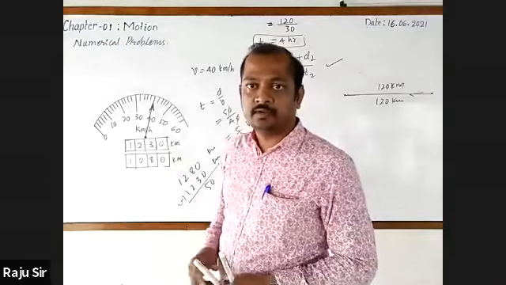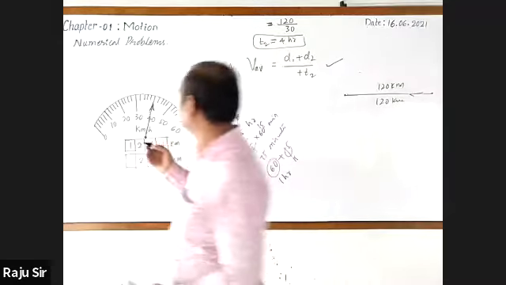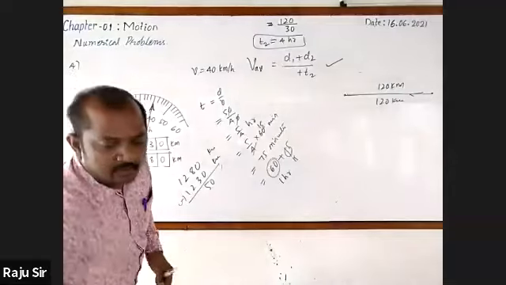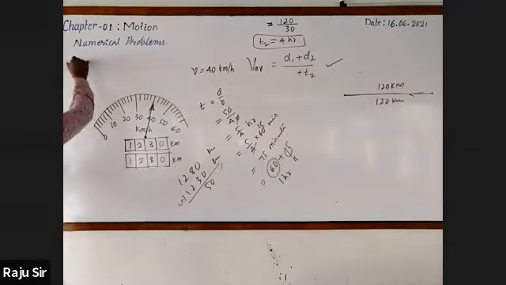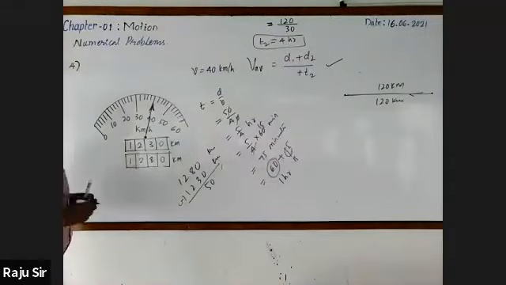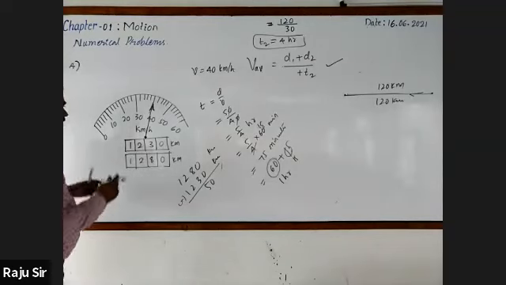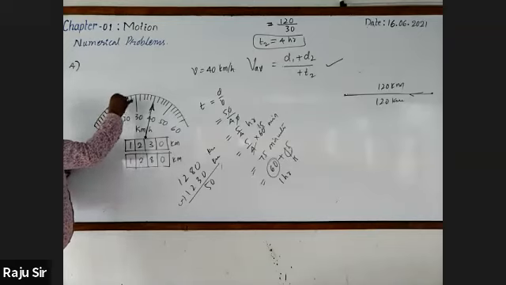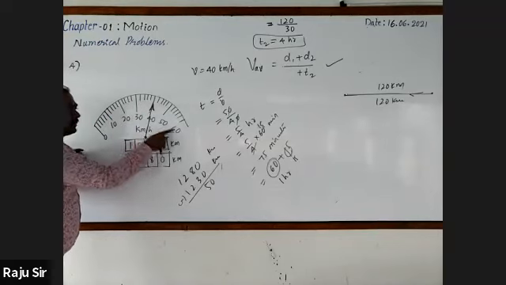First, draw the figure. It is the fourth one. Draw an arc quickly. Then, in that, draw the lines like this. Start from 0. 1, 2, 3, 4, 5. It is 10. 1, 2, 3, 4, 5. 20. 1, 2, 3, 4, 5. 30. Again 5 lines. Right up to 60.